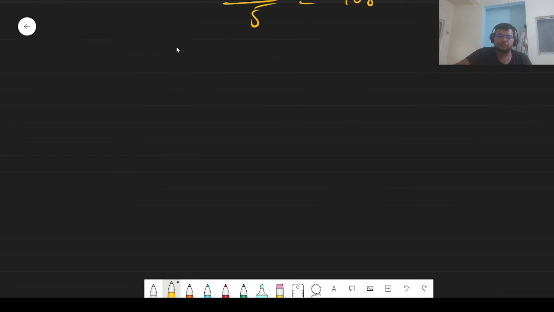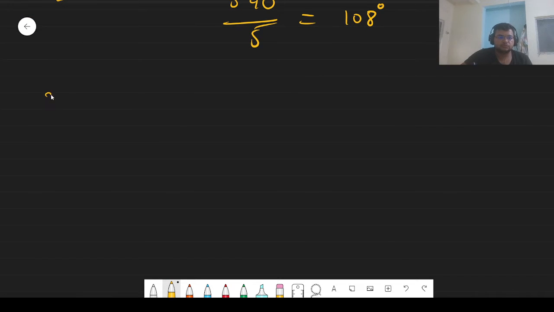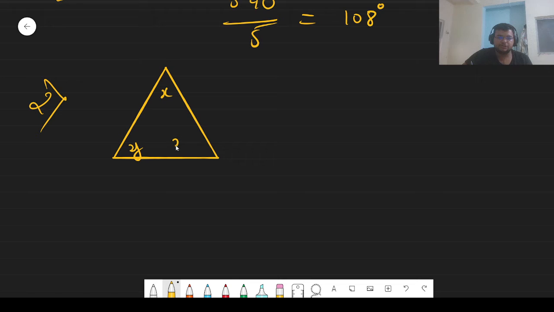Let's say this is a triangle. This is x. This is y. This is x plus y. It is given. This is the triangle. This is x. This is y. X plus y. If I say find x and y, it won't be possible because here we can only